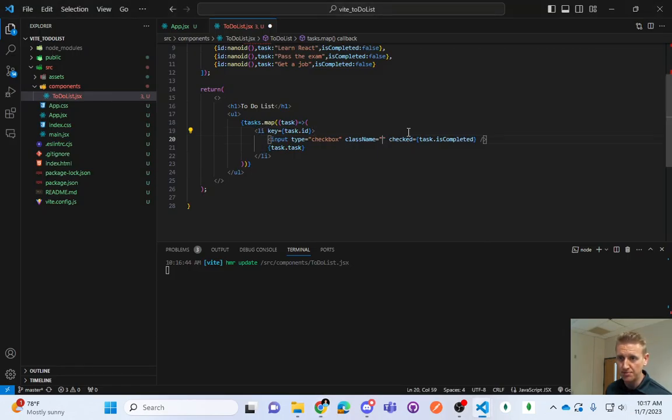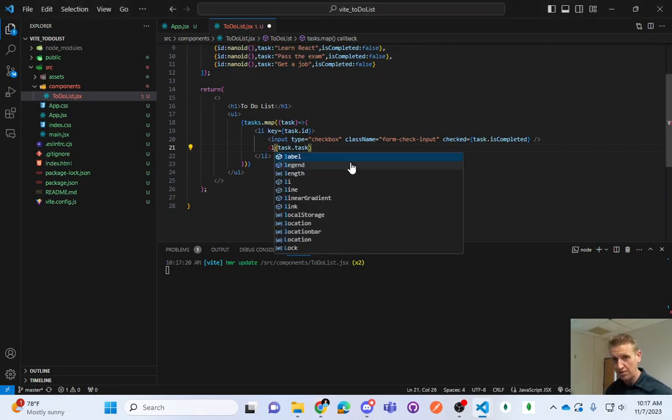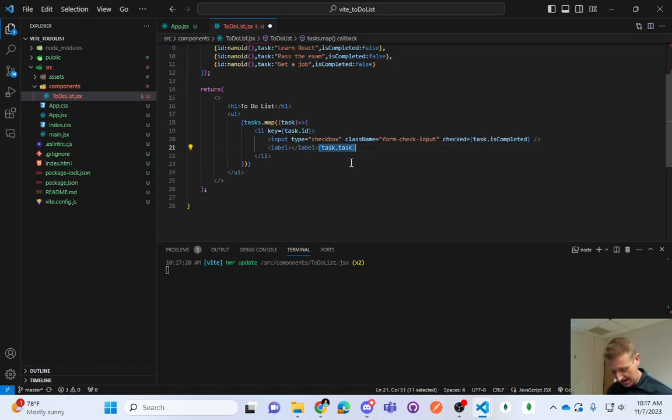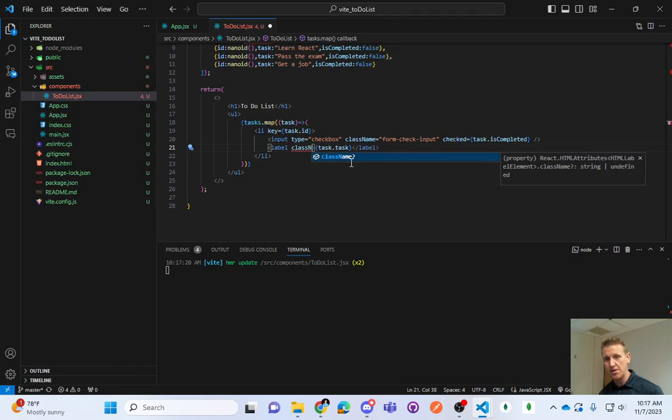We have form check input, and then we have a label. Inside of the label, we put the task. And the class name of form check label. Now, we're going to give this an